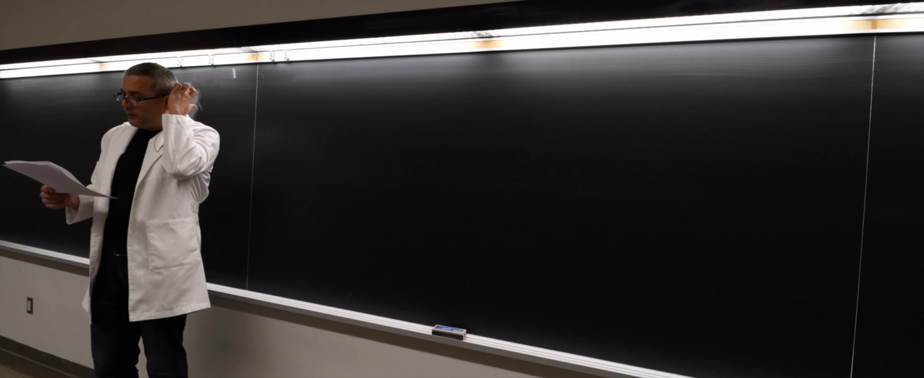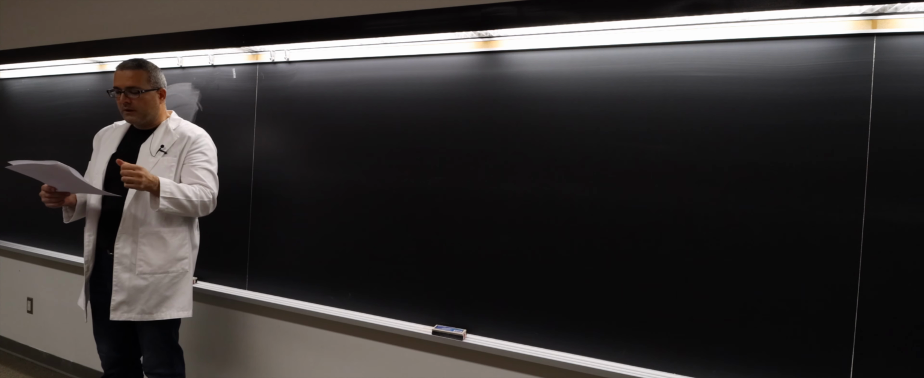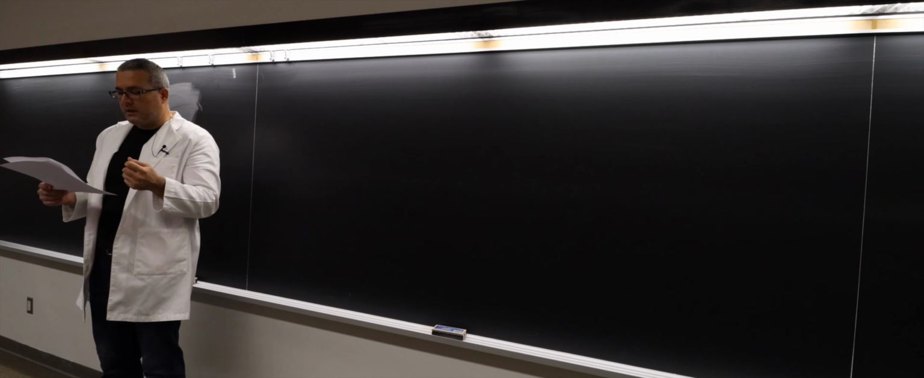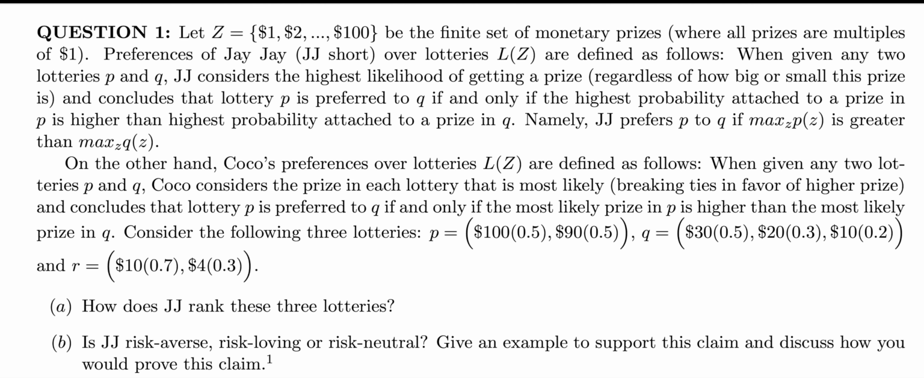Okay, so here's the first question. Suppose that the set of alternatives is some set Z. Okay? So Z, for simplicity, it doesn't have to be finite, but $1, $2, all the way up to $100. Basically, it's a finite set of monetary prices where all prices are multiples of $1. Again, it could be an infinite set actually, it doesn't really matter as long as it's a set of